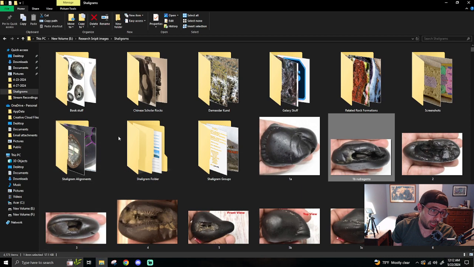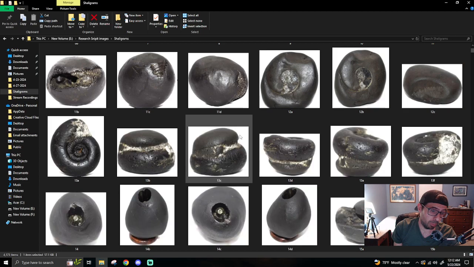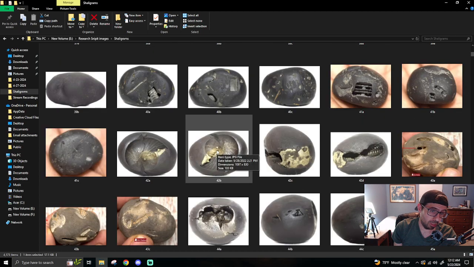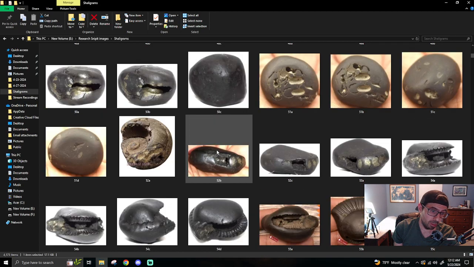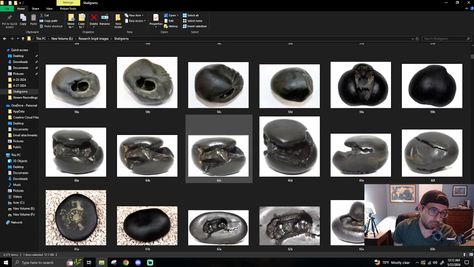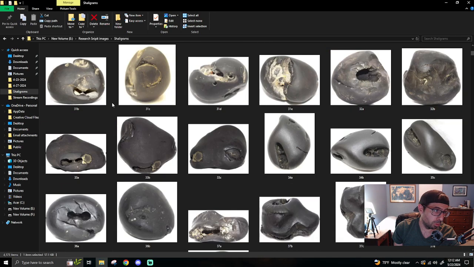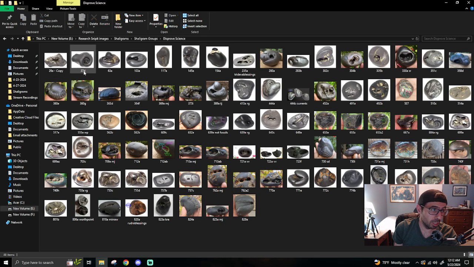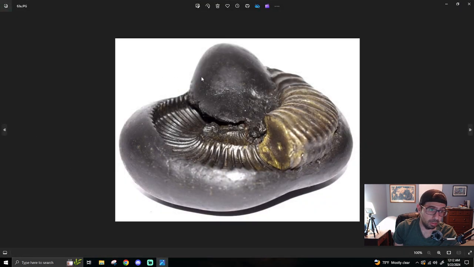So a good example is the snake one, one of the most incredible for sure, if I can find it. If I just go here, Disprove Science, there it is, 63. This one,